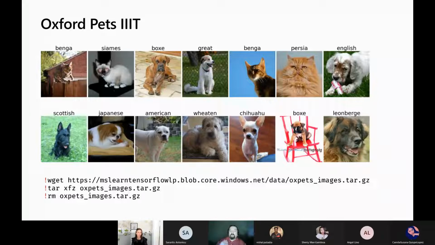Especially low-level patterns like different strokes and different small textures. And we can train the model on a huge data set of real world images like ImageNet,